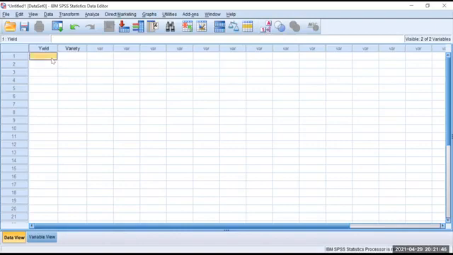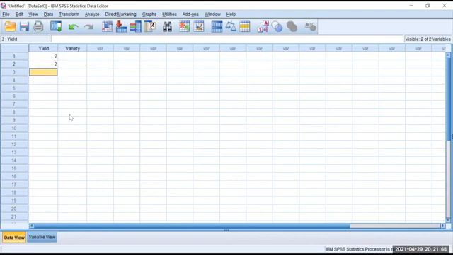Now I'm going to enter the data. So what is the data? We have 15 sets of data, right? So the first one is 22362. And the second one is 82755. This is the value of the second variety of seed. Third variety of seed is 58283. Now we got the 15 samples, right?